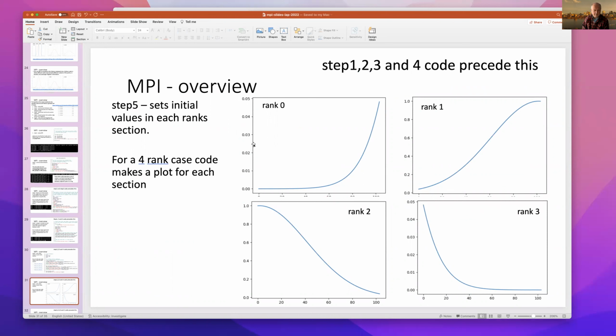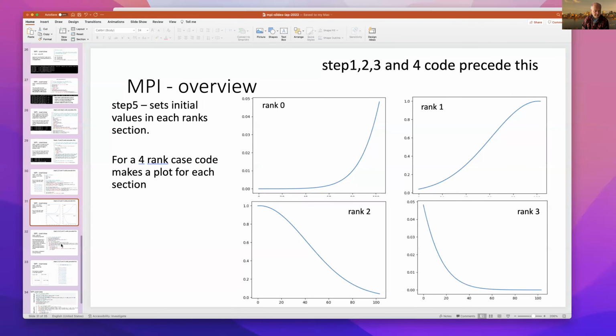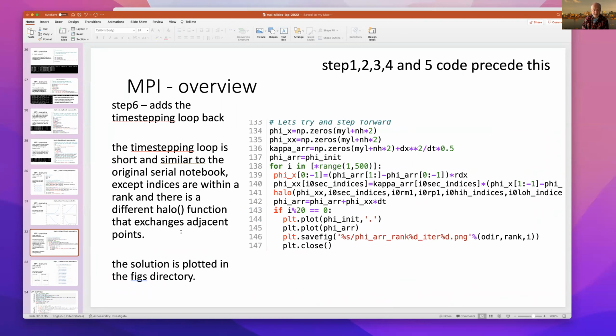So it sets initial values for each rank. That sets us up to do the time stepping part. The interesting thing is in some ways the time stepping is very similar to the serial code. It's all the setup that you actually have to add for MPI. If you go to the serial code, and I'll show them side by side in a minute, it's very similar. It has a time stepping loop that goes over a number of iterations, 1 to 500 in this case, calculates some derivatives, updates edges. In this case, there are some interior edges as well as the wraparound points at the end, and then steps forward. And rather than saving figures to the canvas in the serial code, we actually write out